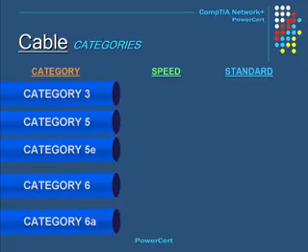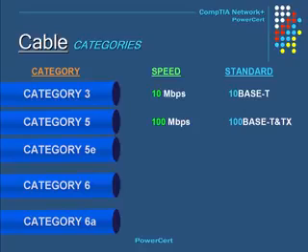So Category 3 has a maximum speed of 10 megabits per second, and this is an old category that was used on old 10BASE-T Ethernet networks. Category 5 has a maximum speed of 100 megabits per second, and these were used on 100BASE-T and TX Ethernet networks. Category 5E